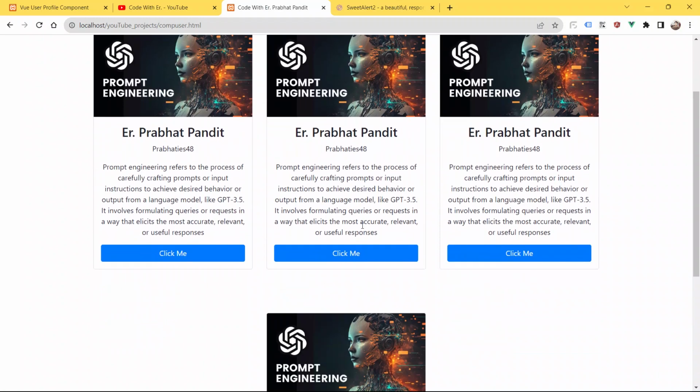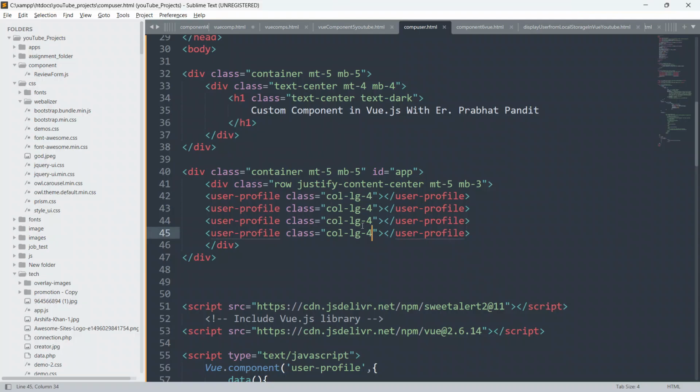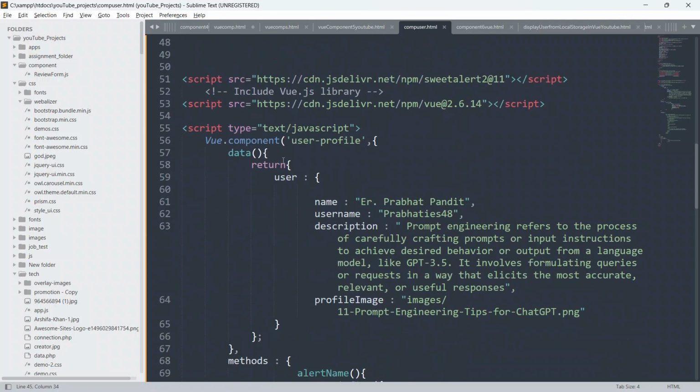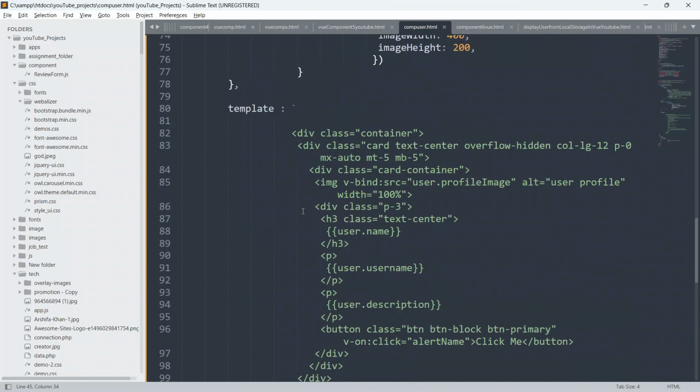So guys, we got to know how to create multiple user cards by using a single custom component inside vue.js.